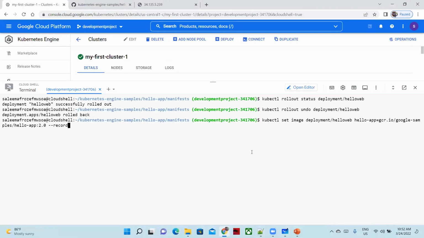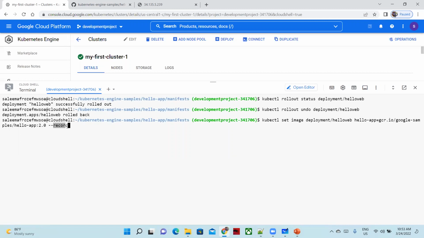See here, did you see? I went to 2.0, right? When you set the image with this command, update the image to the version you want to go to first. Because we cannot directly roll back without updating the image, the system needs to know. That is why you have to update the image of your particular application with the version,